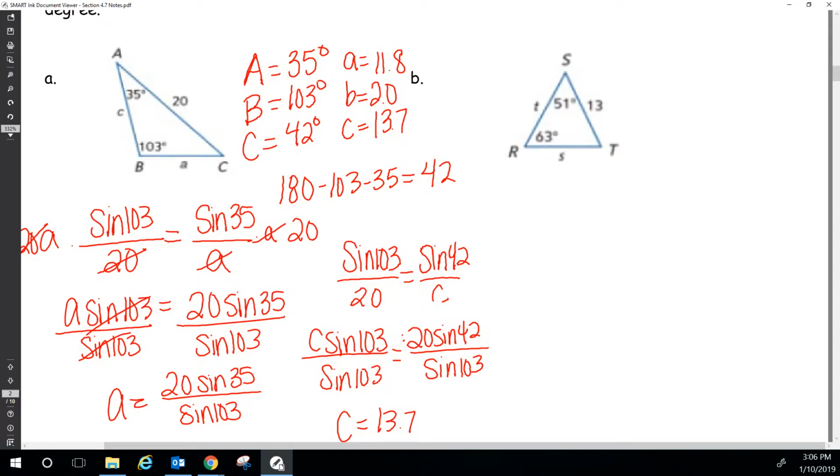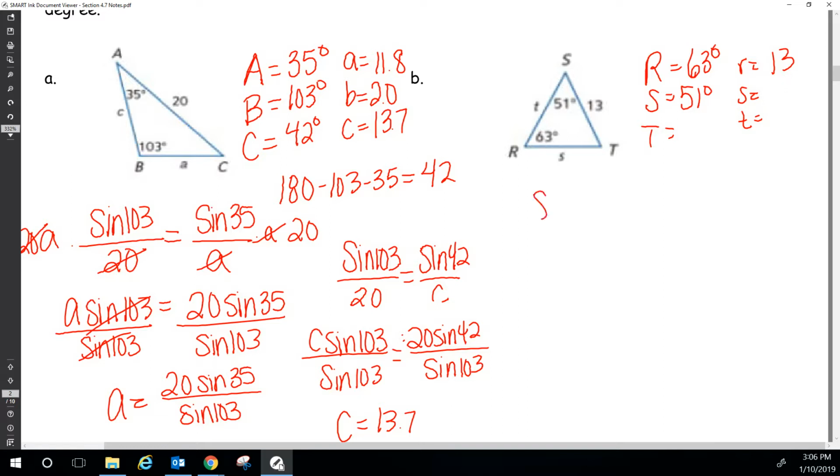except this time we're going to call it R, S, and T. Which means the sides are going to be little r, little s, little t. So big R is 63 degrees. Big S is 51 degrees. Little r is 13. So if I know those three pieces of information, I can find little s with